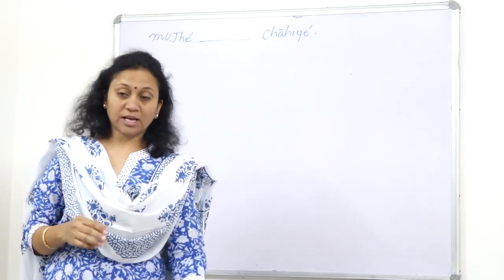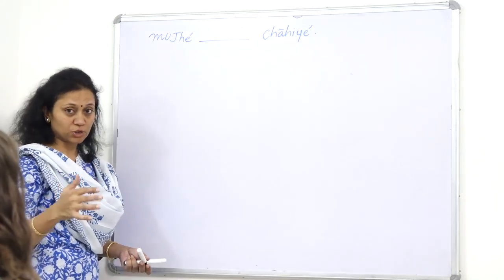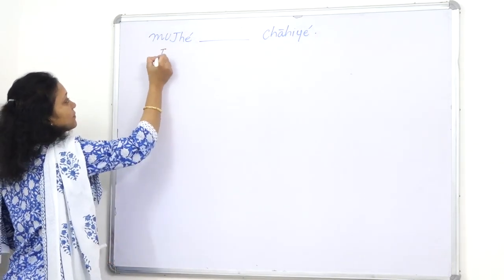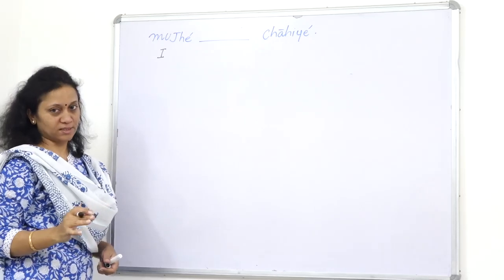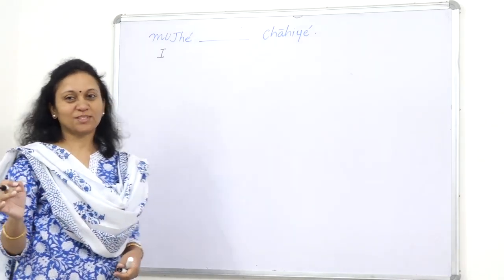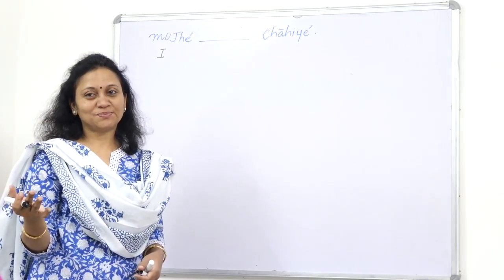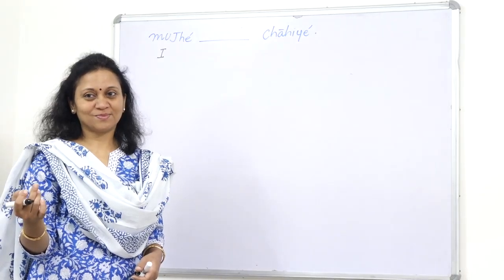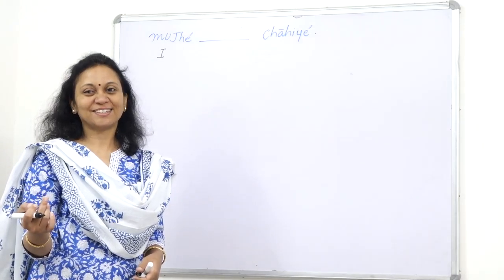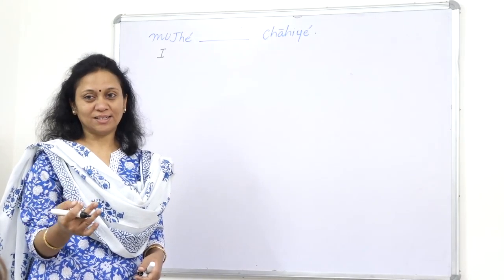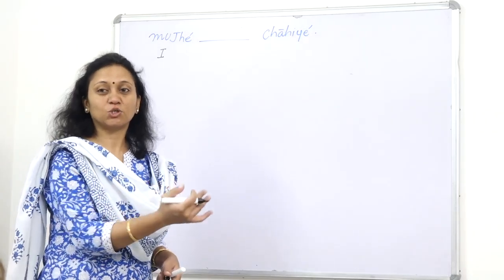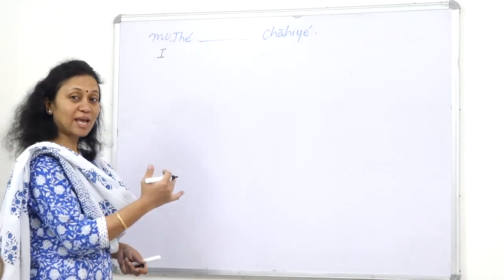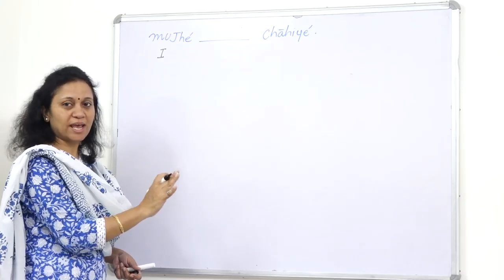Now, at the moment, you will just have to memorize these expressions because these are expressions. You don't know what this mujhe is. So this mujhe, in this case, is treated as I. You've seen it before, when you said, glad to meet you. How do you say glad to meet you? आपसे मिलकर खुशी हुई. That is your expression. And the other person says, मुझे भी, to me as well, right? So you've seen मुझे as to me. But in this case, just take मुझे as I.